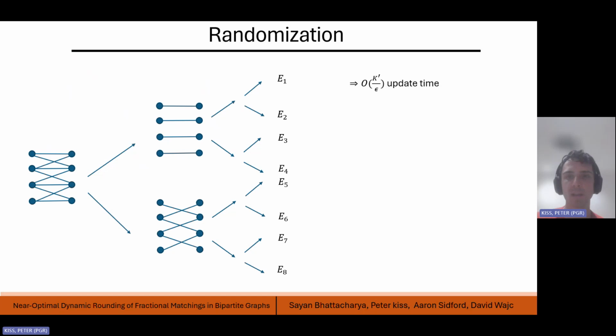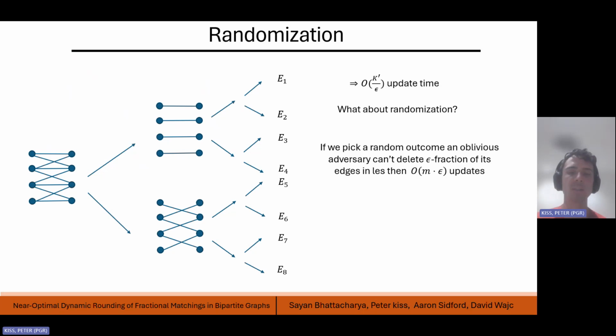So okay, k over epsilon update time if we do the roughly trivial thing, but could we use randomization to speed this up? Well, let's just assume that the updates are oblivious to our randomization. That is, we assume that we're working with an oblivious adversary. If we were to pick a random E_i here, then it would take roughly m times epsilon updates for the adversary to delete an epsilon fraction of it, as it can only randomly guess which E_i we picked. And this logic already gives us an Õ(1/epsilon) update time algorithm against this weaker notion of